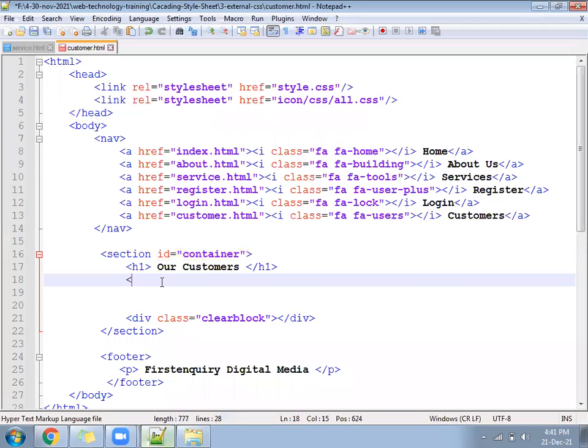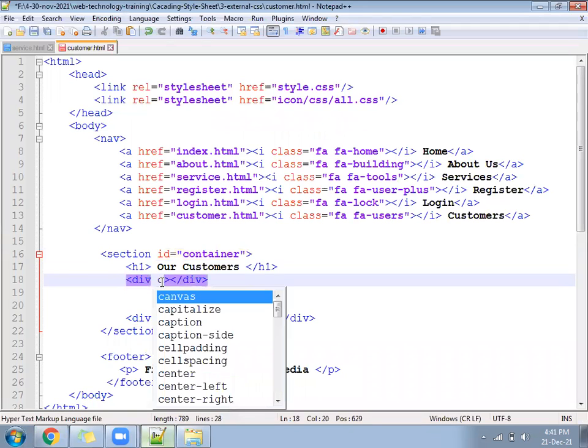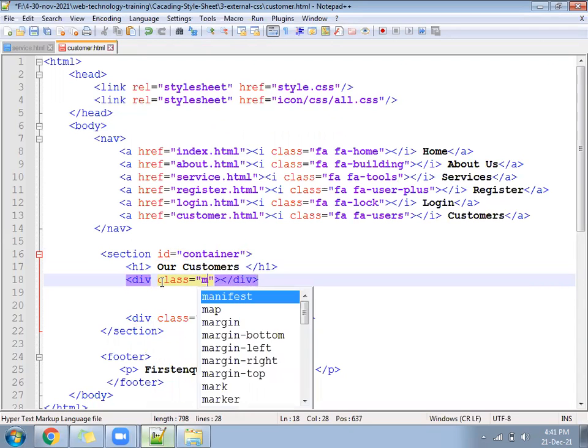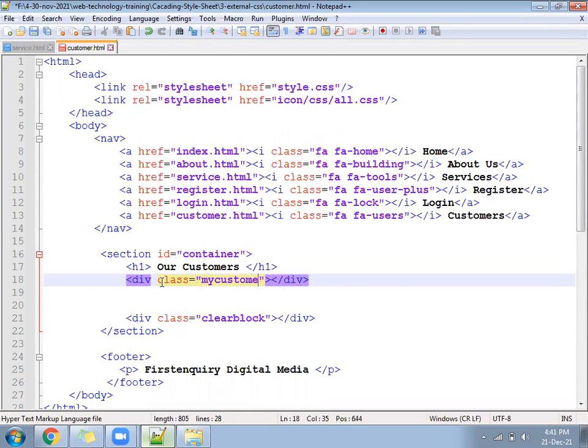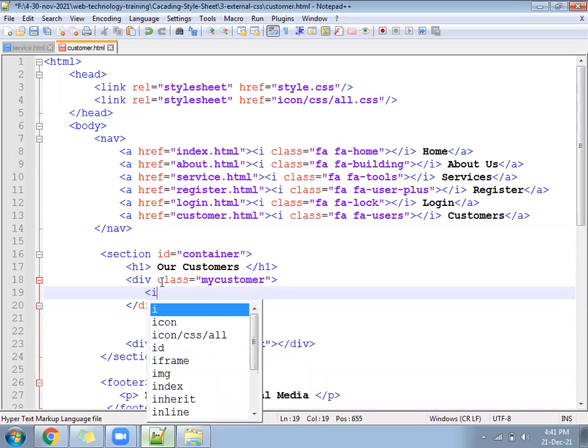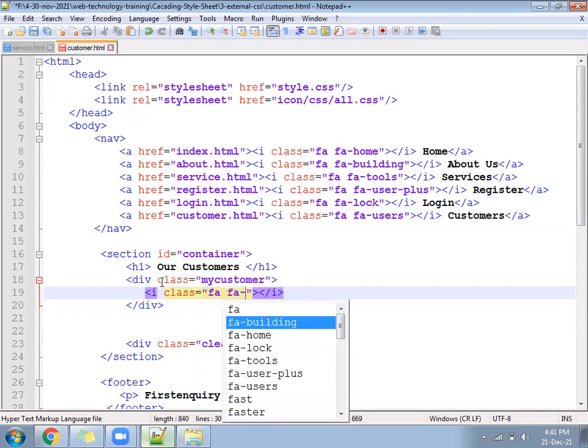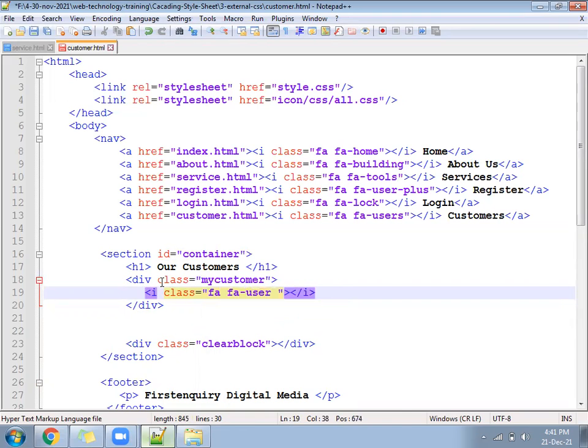A div, class equal to my customer. Inside my customer, there should be an icon on the top. Class equal to fa fa-user fa-3x and red, or maybe green class here written already, that you can call.